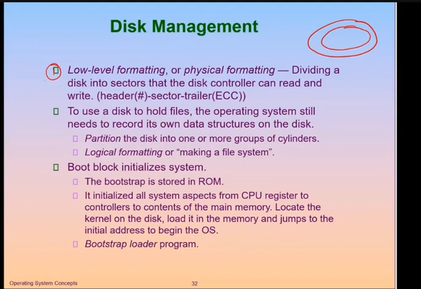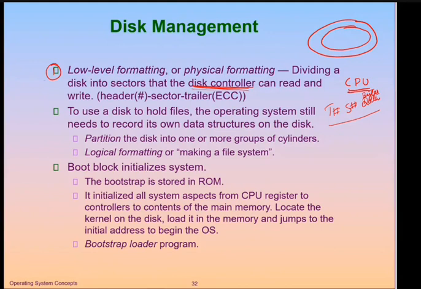If you remember, we have seen that when the CPU has an instruction to do any read write operation, it will send the track number, sector number, and the data bytes to be read or written, depending upon the instruction. This information comes to the disk controller. To make the disk controller eligible to perform this operation, we have to put the disk in a proper format, and that formatting is known as low level formatting.